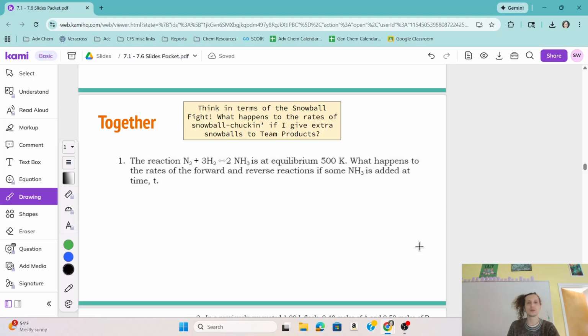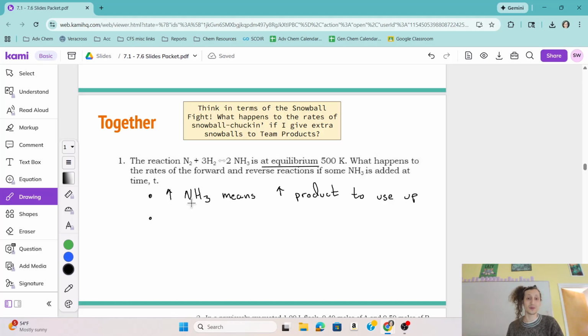Okay, so here's our example. We've got N2 and H2 in equilibrium with ammonia, NH3. It's at equilibrium. When we think of the rates of the forward and the reverse reaction, if we add NH3 at some time t, when I say what happens, I just mean, does it go up, does it go down, does it stay the same? If you have more NH3, so more NH3 means more product to use up,